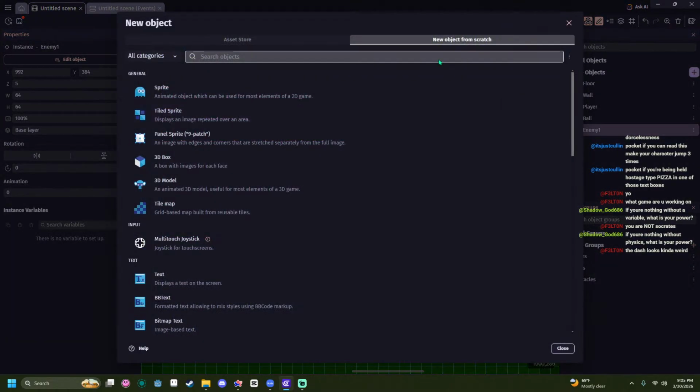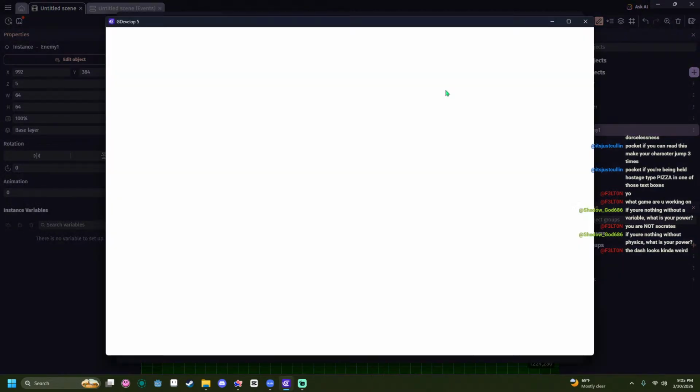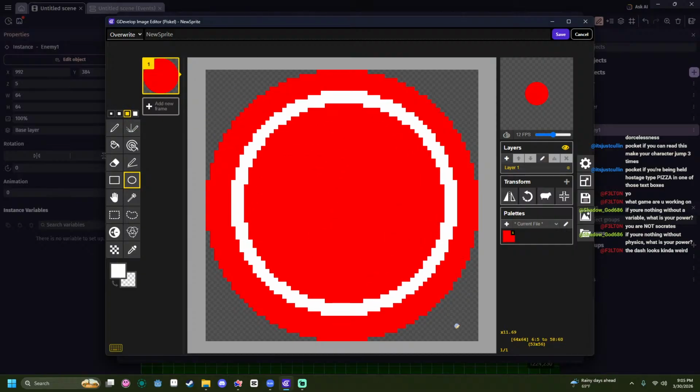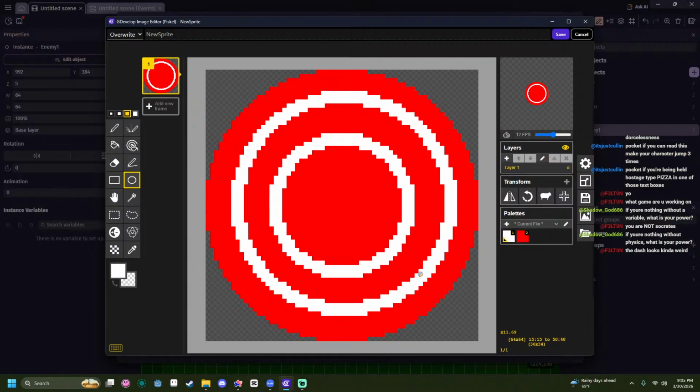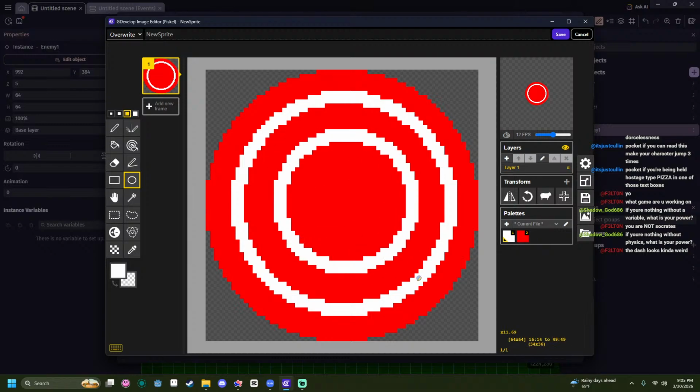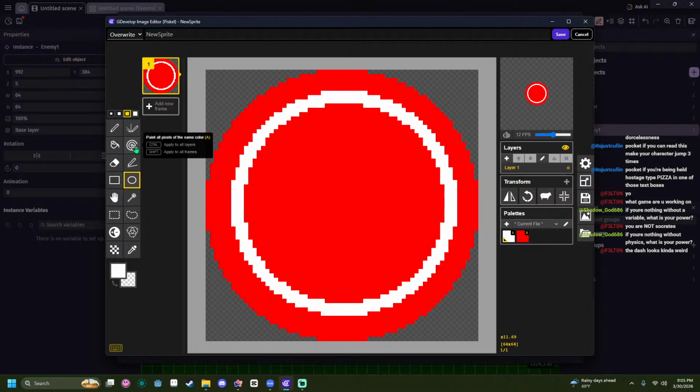Let's add a particle effect. Actually, hang on, I might have enemies, but I want to have targets as well, at least. That's not centered. That's centered. Is this even centered?